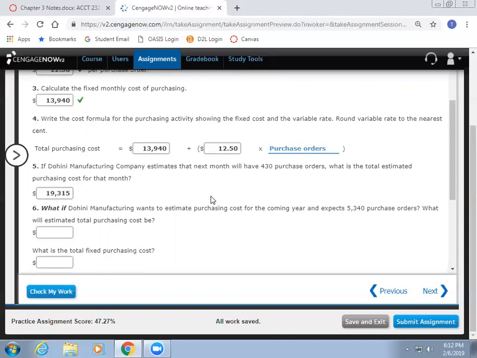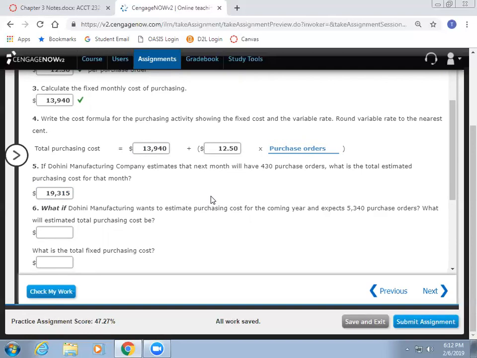On number 6, it gives us a what if. It says, what if we want to estimate purchasing costs for the coming year and expect 5,340 purchase orders? Well, this is just for 1 month. That costing equation we wrote was for 1 month. So make sure when we're doing yearly ones